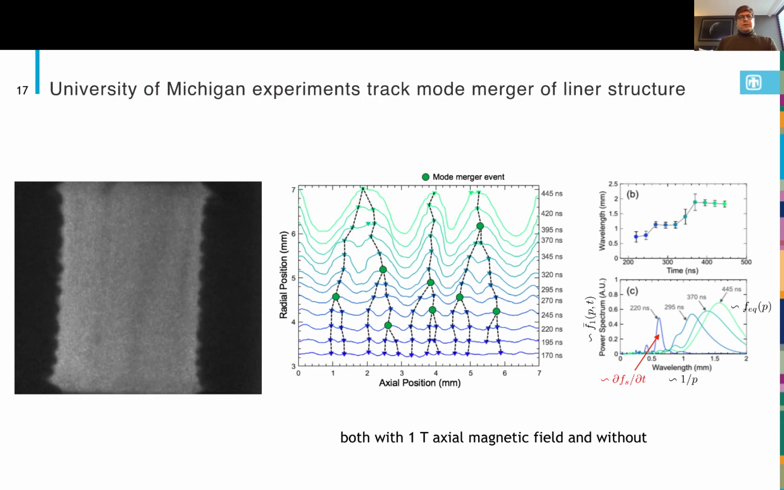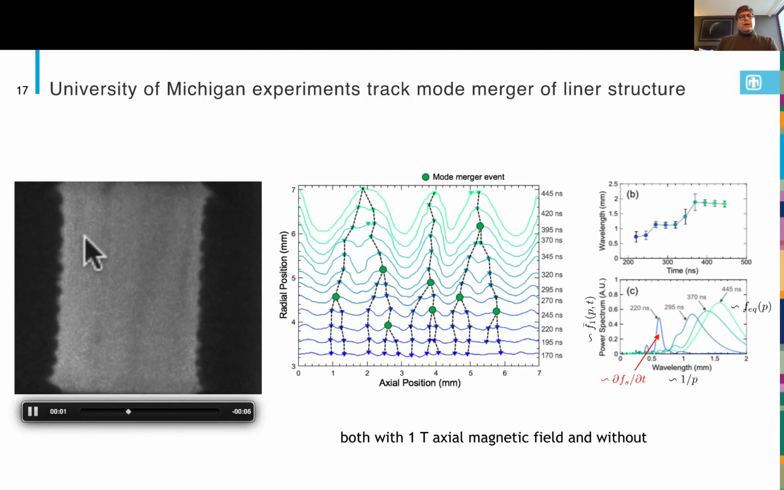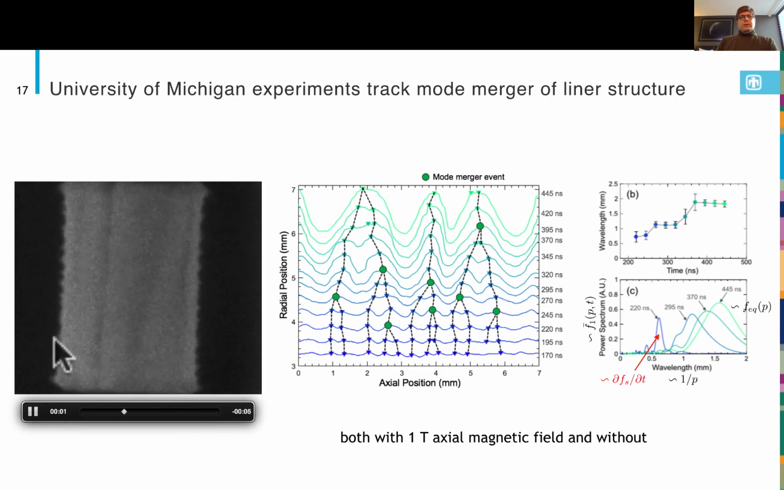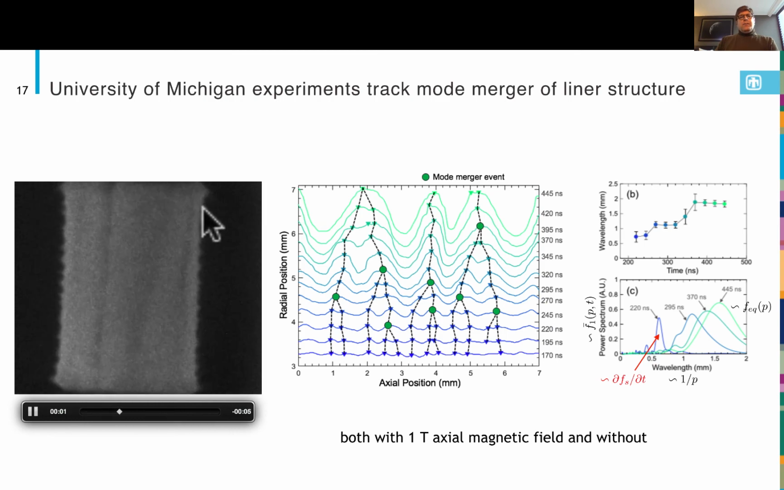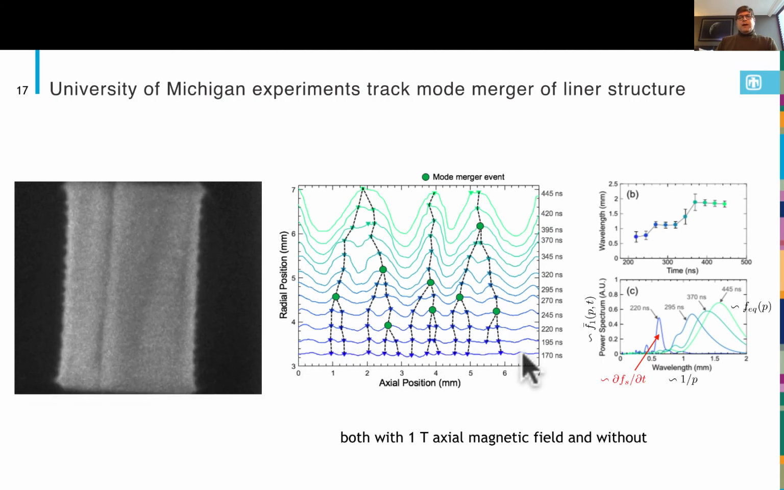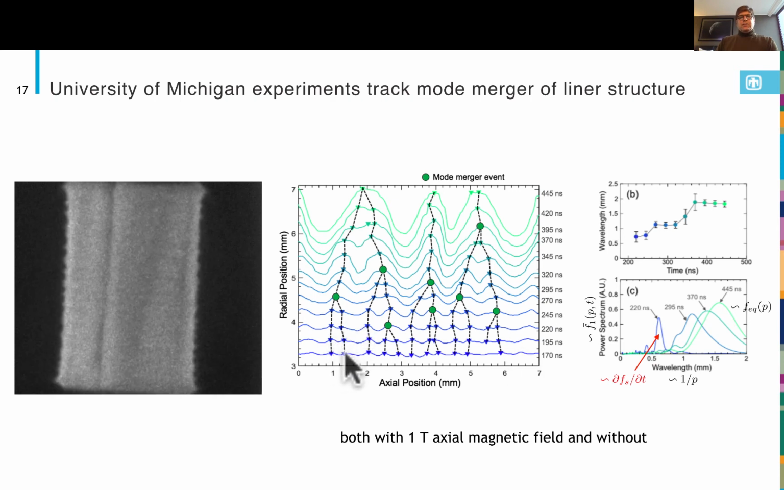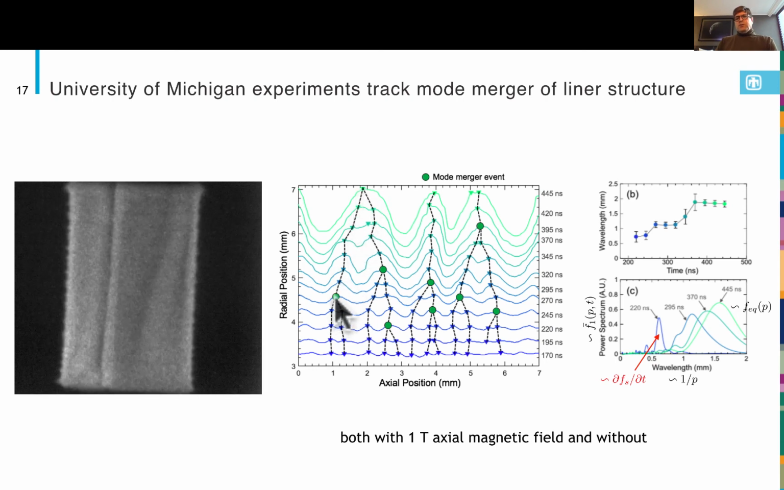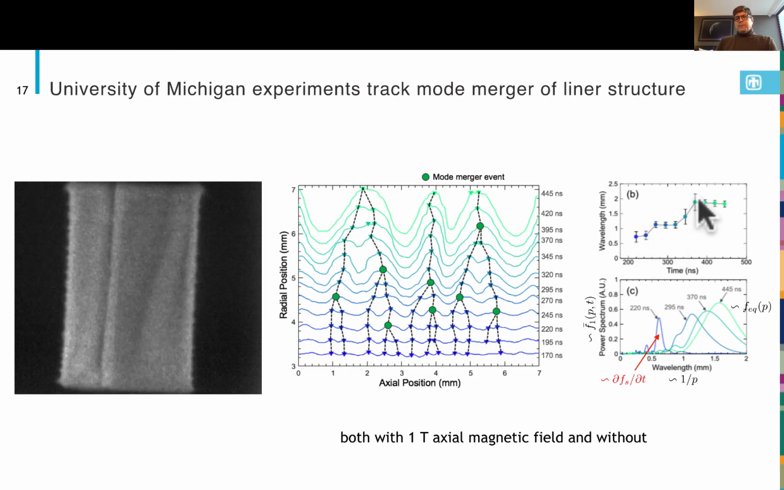Well, at the University of Michigan, they have a pulse power machine, and they also have the ability of taking quite a few different frames during one implosion. Here you go, and you'll see that the shape of the outer part of the liner is mapped across here in terms of axial position. And you can see that you end up having a merger of these small modes into a much larger mode, where here is a merger event, and you can see that the average size gets larger and larger